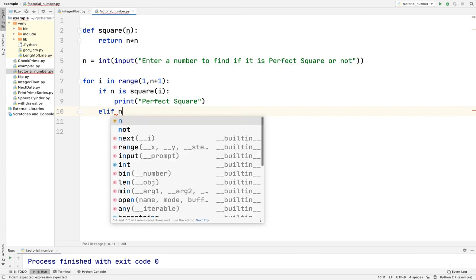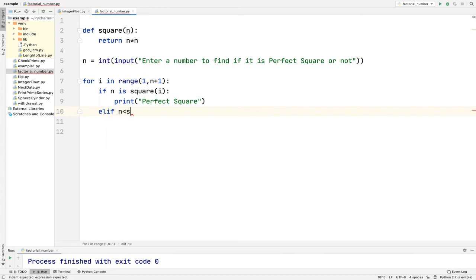No need to write else over here, I will write else if. Suppose the calculated value of square becomes greater than n. Suppose I have entered the number 15. So I will find the square of 1, which is 1, then 2 square will be 4, 3 square will be 9, and 4 square will be 16, which is greater than the entered number 15.